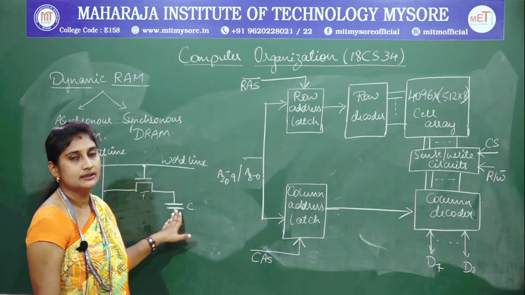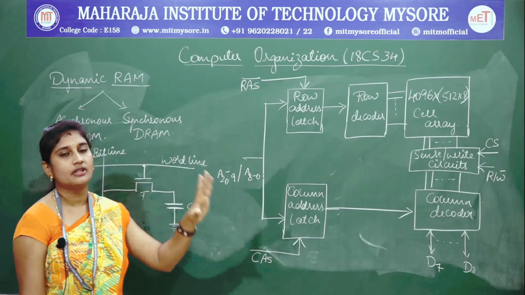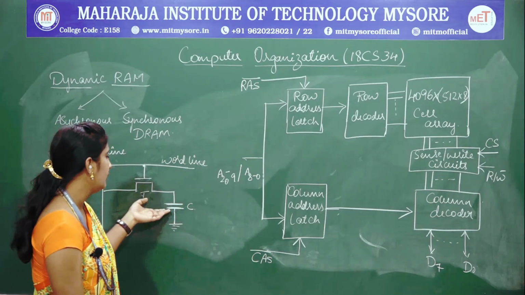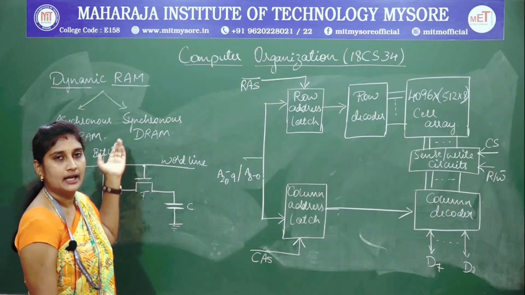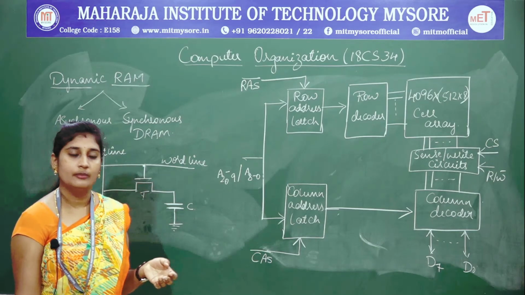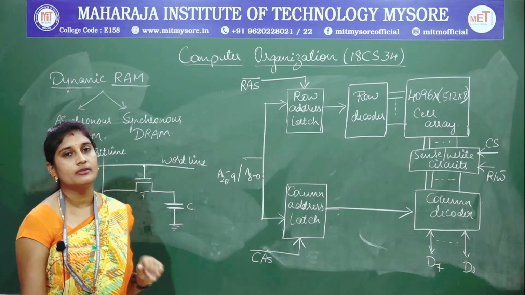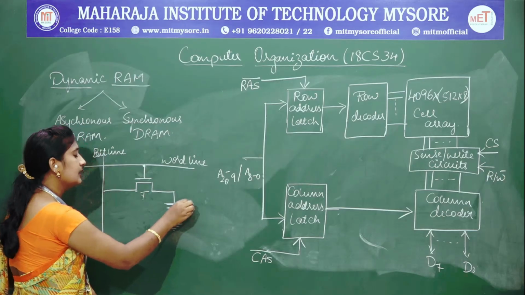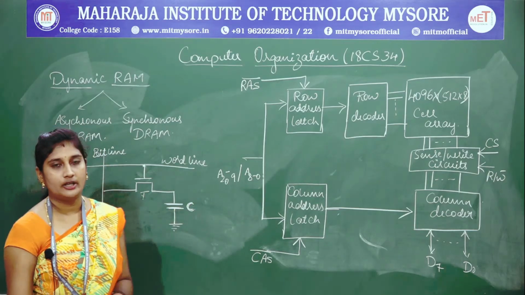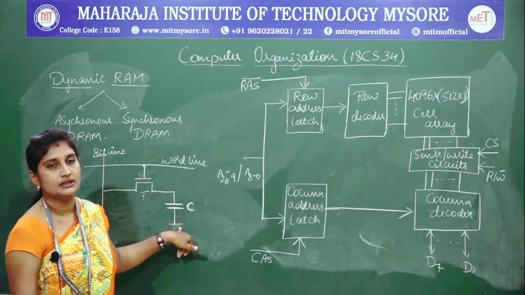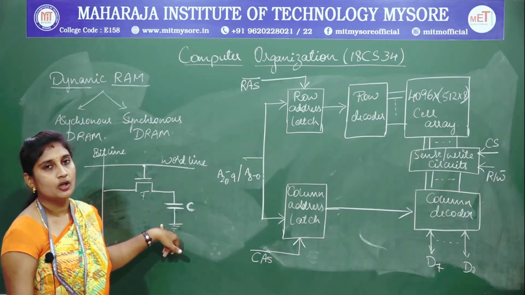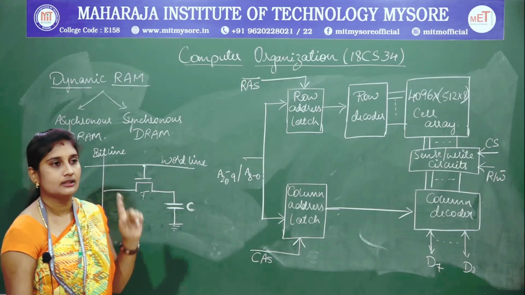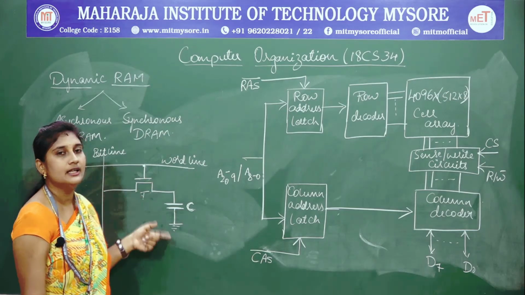So when the capacitor is full, you set some threshold value, and when the threshold value is reached, you can read the contents from the cell to the corresponding bit lines. Next, if you want to perform a write operation and the capacitor value is lower than the threshold value, you cannot write. Again you need to charge up the capacitor and then perform the write operation. That is why it is said to change its contents indefinitely.